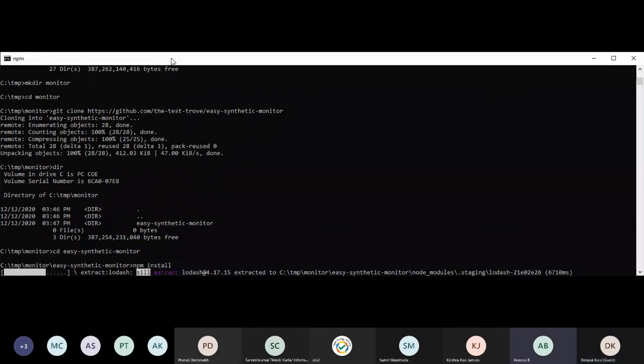Deepak, while Krishna is installing, just a quick time check. We have 10 more minutes.